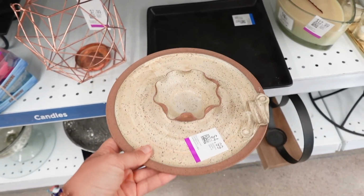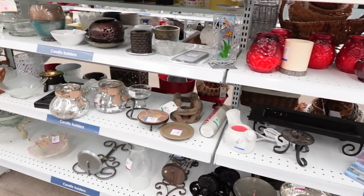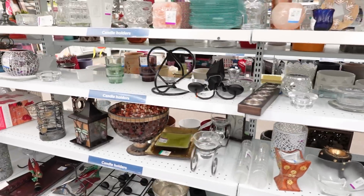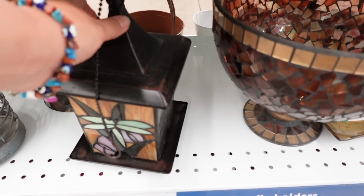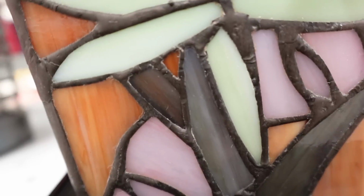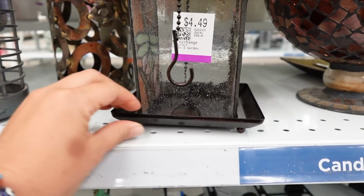I thought this piece of pottery was so beautiful. I originally thought it was stoneware until I picked it up, and it was very, very lightweight. And I just perused this aisle. I love looking for anything that is unique, like this beautiful bird feeder. I thought this was so pretty, and it looked like it was hand painted and just such a great price